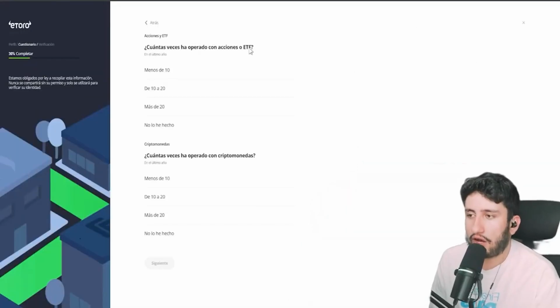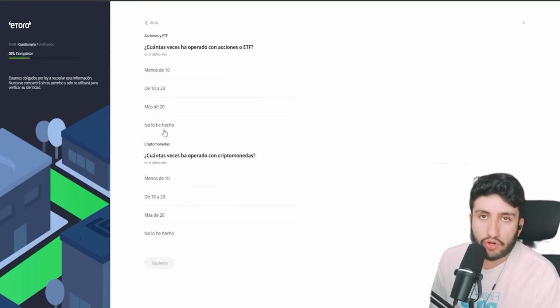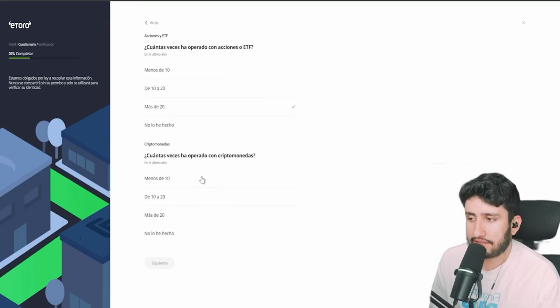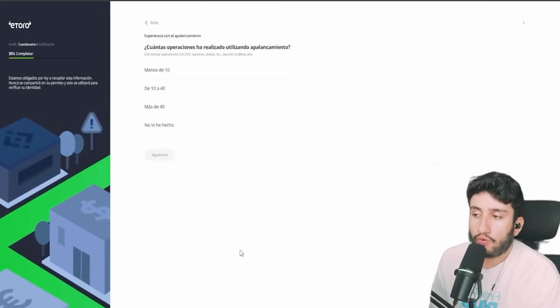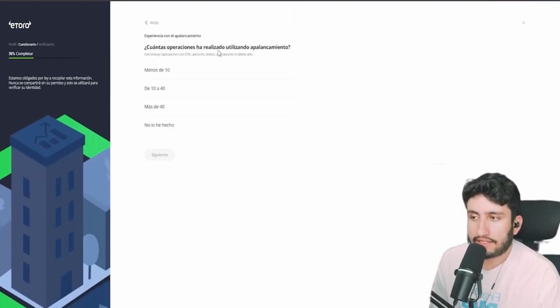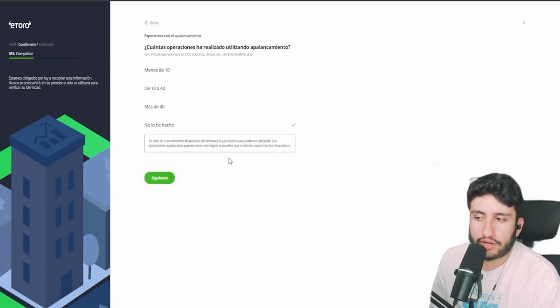So, well, here it says, how many times have you traded stocks or ETFs? Less than 10, 10 to 20, more than 20, or you haven't done it. In our case, let's select more than 20. How many times have you traded cryptocurrencies? Let's choose 10 to 20 here and click next. Once we click next, it asks how many trades you have made using leverage. So this refers to trades with CFDs, options, currencies, etc. during the past year. In this particular case, we're going to say that we haven't done it, that we haven't